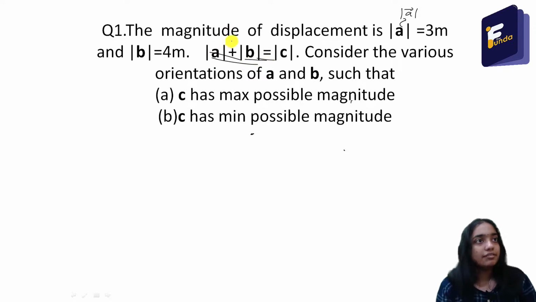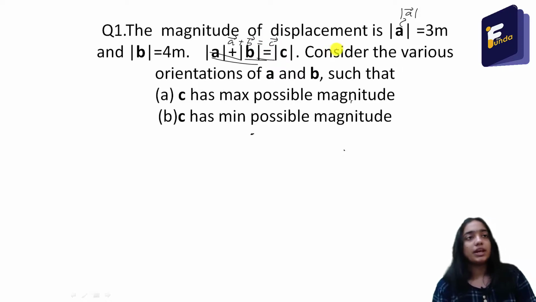It is A vector plus B vector is equal to C vector. Okay, A vector plus B vector equal to C vector. Okay, it is not magnitude. We are not adding the magnitude. I have written that A vector plus B vector equal to C vector. Consider the various orientations of A vector and B vector,